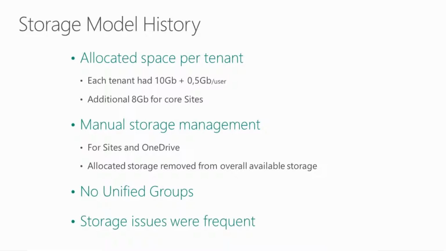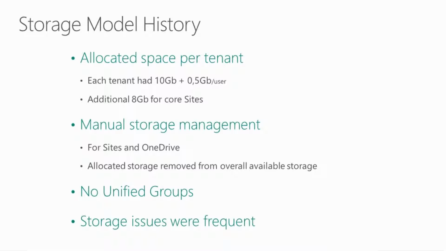One thing that changed, and it's not really documented, is that there is an additional 8 gigabytes of storage allocated for core sites. This was done, and it's not documented, because of the needs of the video portal and all those media functionalities that were added to Office 365, and the product group felt like they needed to add this additional storage